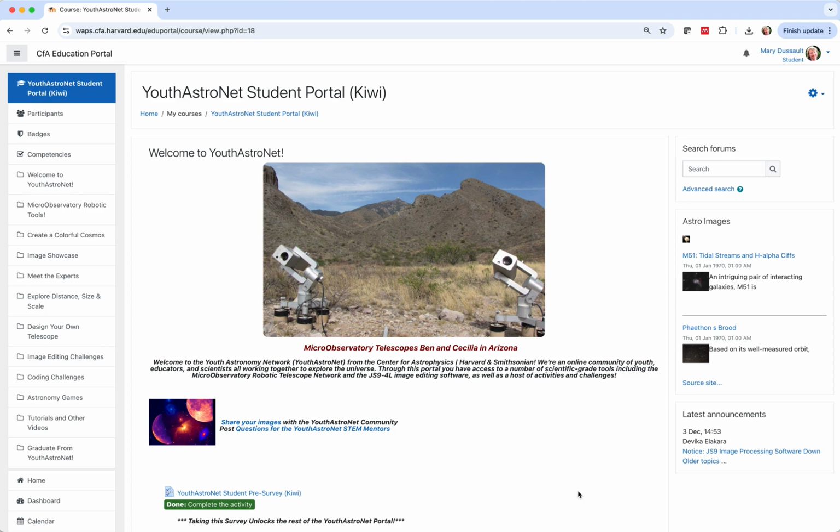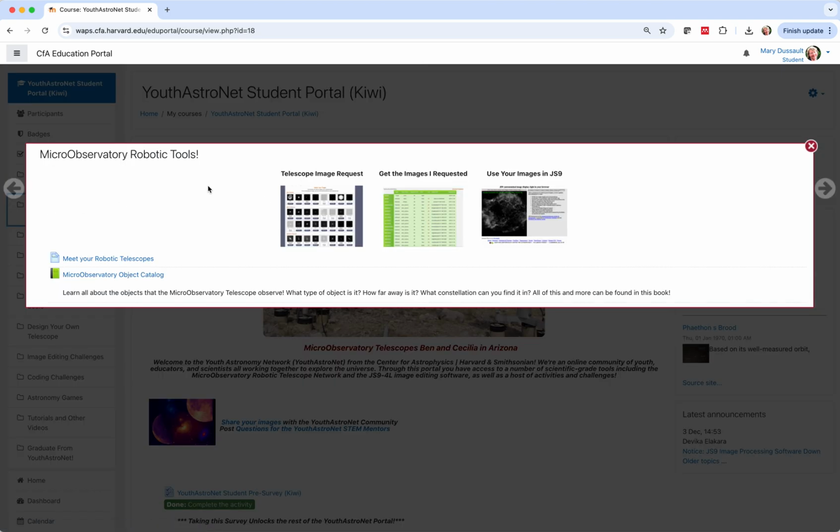The JS9 image processing tool is back online, although currently it requires a new procedure for opening images from the MicroObservatory telescopes. This tutorial is to show you how to access your images and open them in JS9 in the YouthAstroNet student portal. First, you want to go to your MicroObservatory robotic tools block, and as usual, look for the